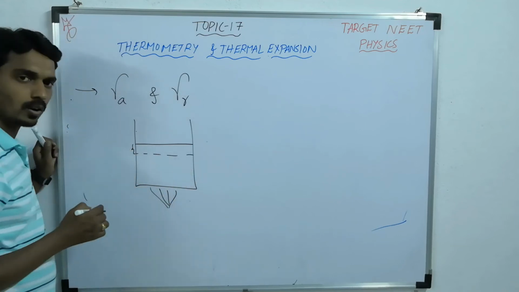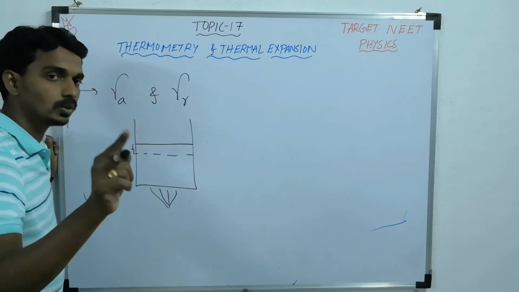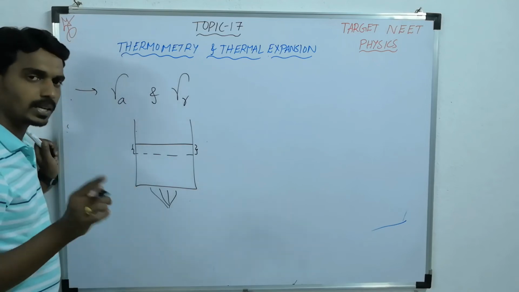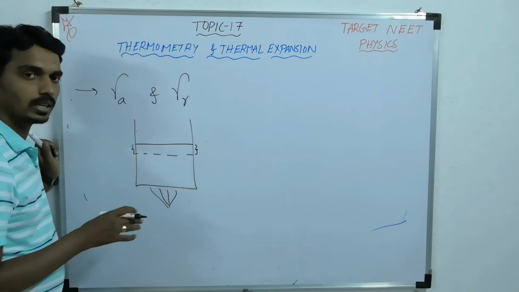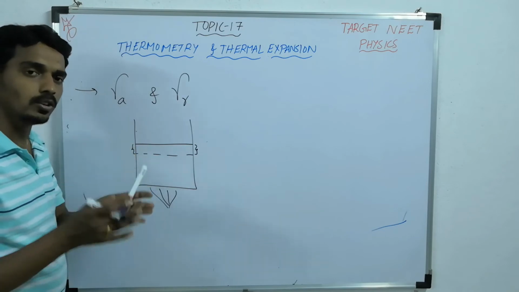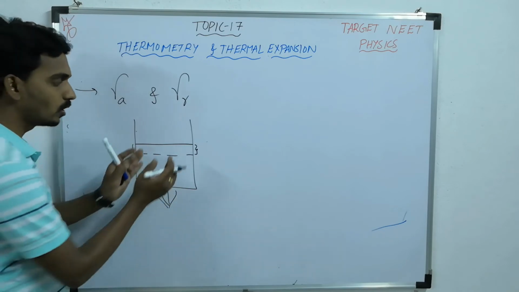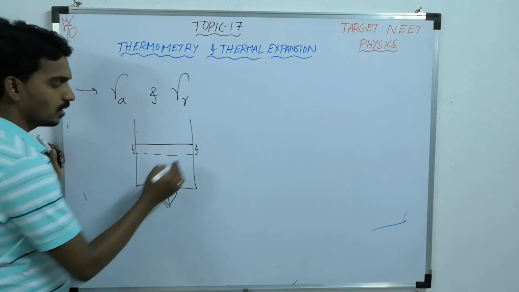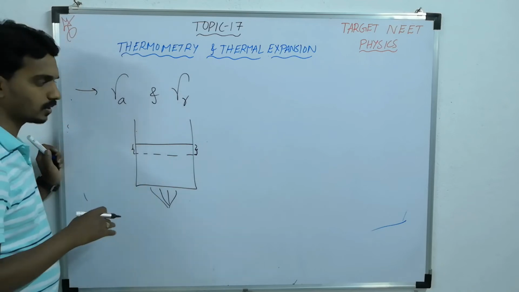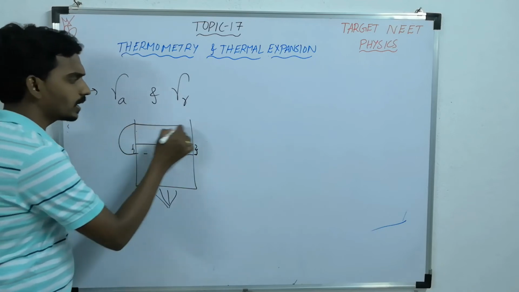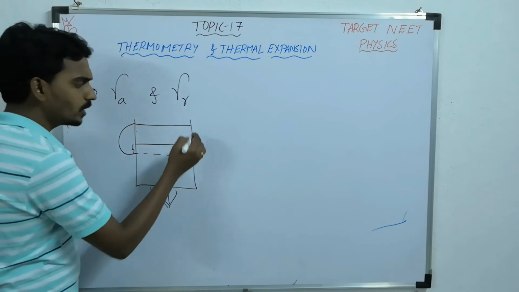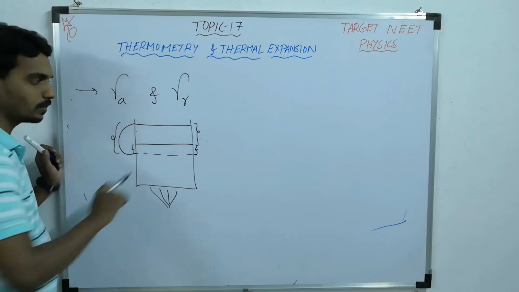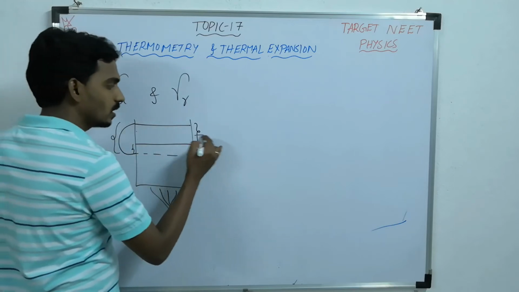So this is the change in volume of liquid due to the change in volume of solid. This is not because of the change in volume of the liquid. This is the change in volume of the liquid as the volume of the container increases due to thermal expansion. So first the liquid level drops, then the liquid level rises to another new level. What you will observe is only this one, but what originally expands is this one.